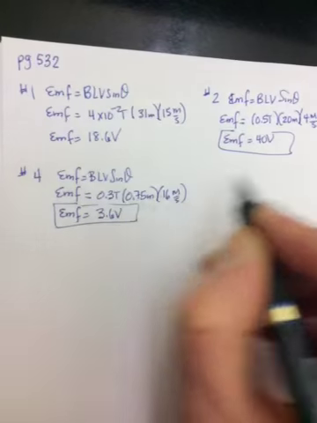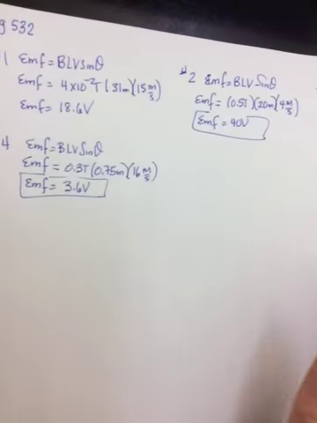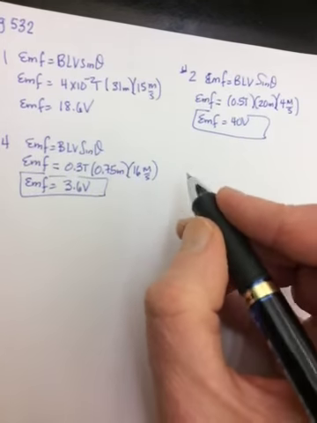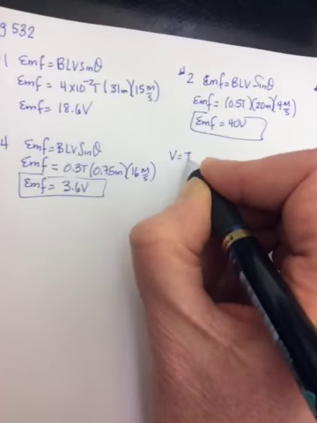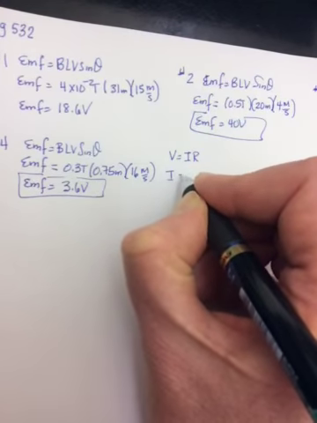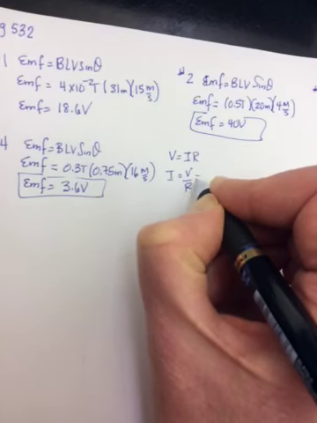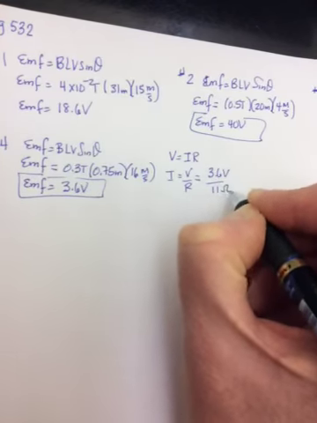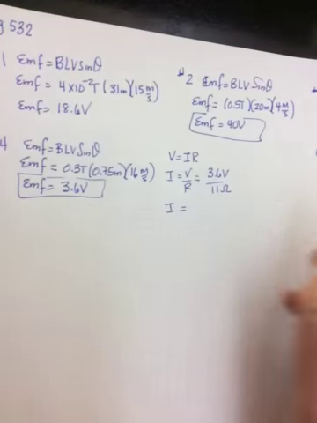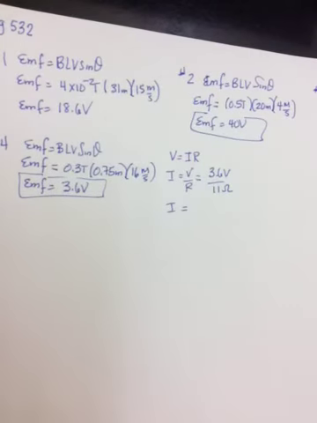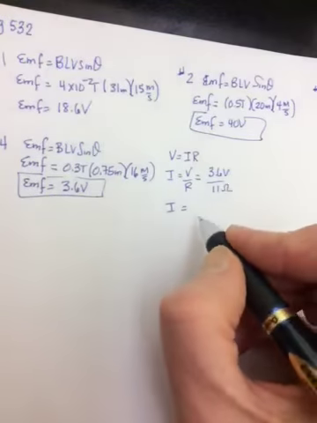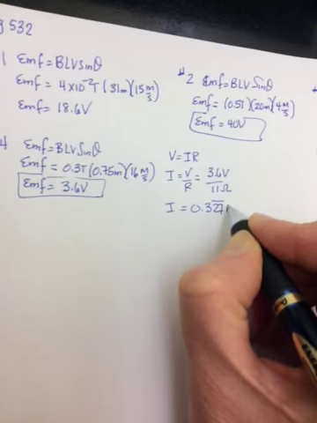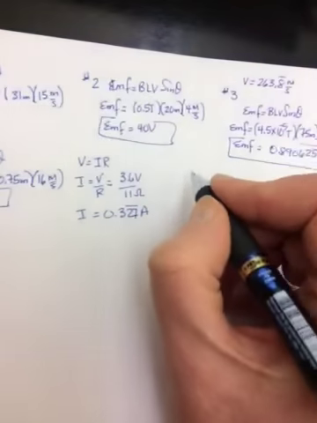Okay, there's a part B that says the wire is part of a circuit with a total resistance of 11 ohms. What is the current? So that's where you use V equals IR. So I equals V over R. So 3.6 volts divided by 11 ohms. I is going to equal 0.327, and the 27 repeats, amps. Number 5